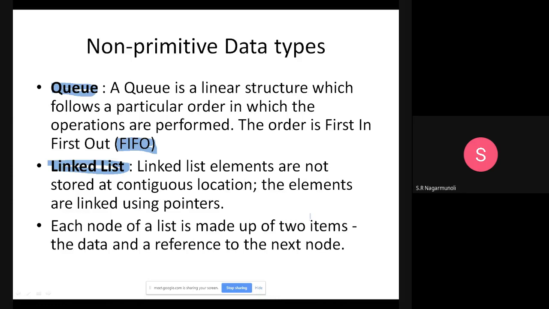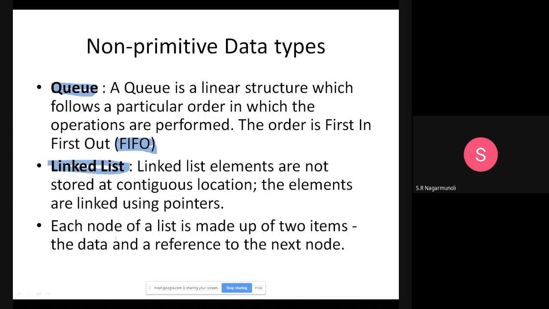Every element has a pointer to the next element. So once the pointer starts here, your whole data structure is pointers. It's fun to play with pointers. I'll show you the diagrams, how the pointers move, all that. We'll be learning in detail about the linked list and several operations we perform on it.